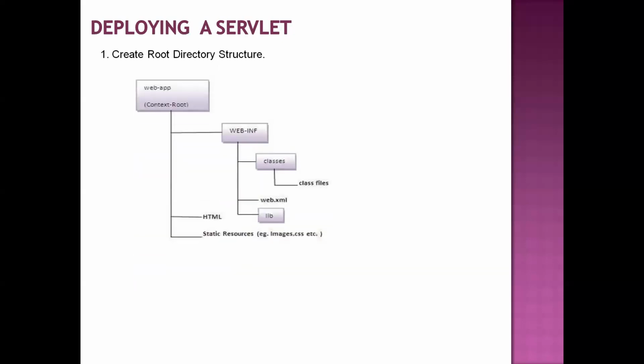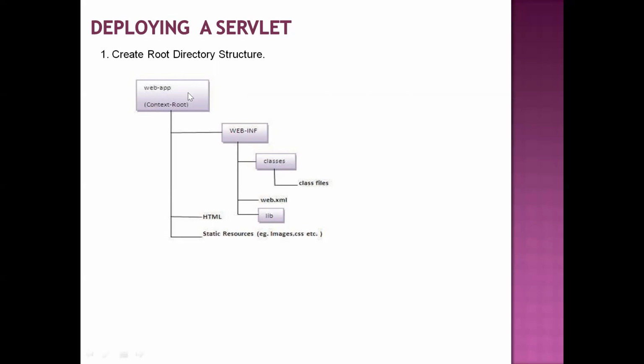The first step is to create one root folder, a root directory, with your own name or with a name related to your application. Creating the directory structure just means creating one folder in any place, on the desktop itself. In that root directory, we need to place some components. In my example, I am creating one folder, calling it my root directory, and naming it webapp, that means web application.